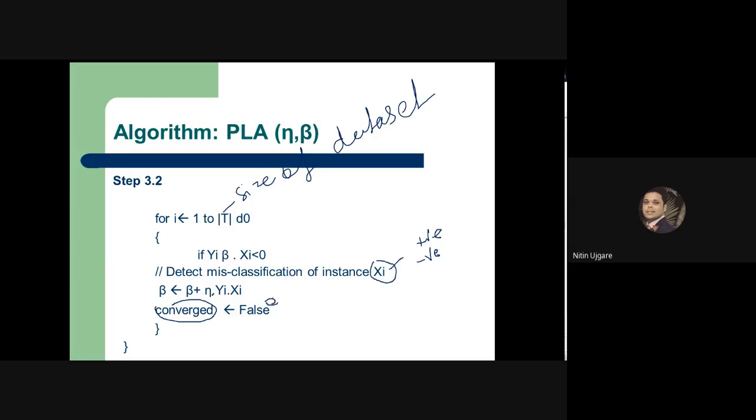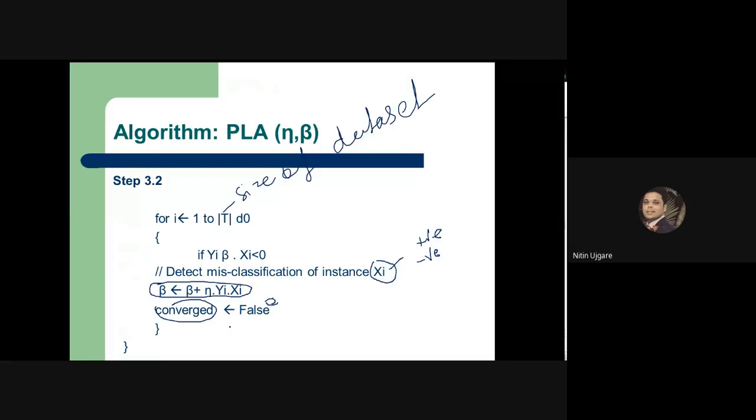Now this is the case for positive class instance misclassification. If any positive class instance is misclassified as negative class, then we use this learning rule. And we know what the learning rule is that we will use for negative class instance misclassification. So simply, here what will come? I'll just write it here.